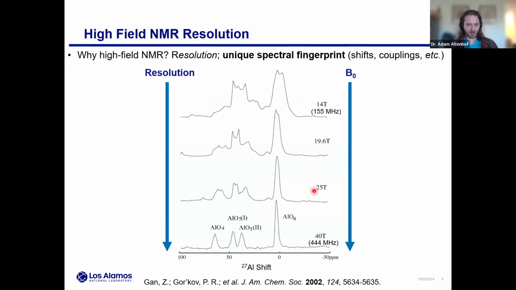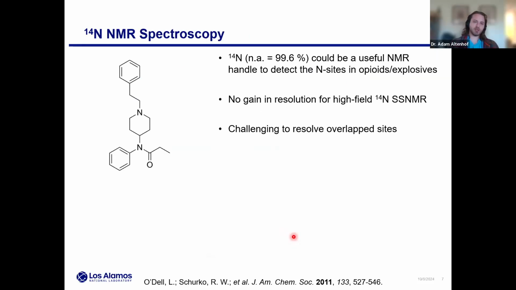Really, you have to go to higher and higher field, where you ultimately hit this regime, which is quite nice. You're basically just having one peak per aluminum site. And at the end of the day, this is what everybody in NMR would like to measure, this very high resolution, straightforward spectrum. Really, if we were developing an aluminum detector, this would be the kind of spectra we'd want, right?